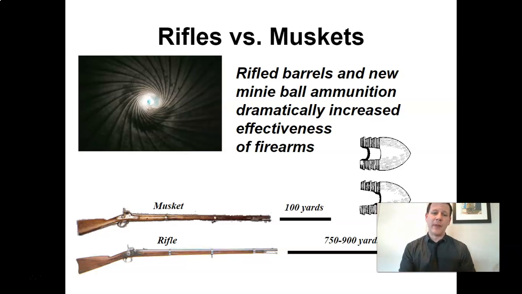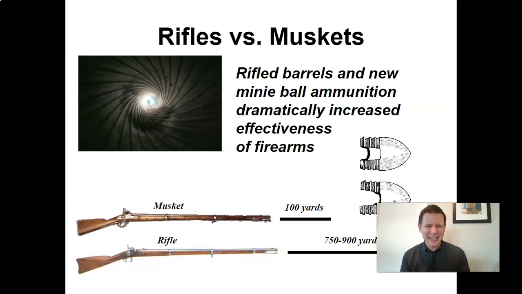An example there is muskets, which they used in the Revolution and during Napoleonic warfare. The best you could do with a musket ball and a musket was about 100 yards. Very, very inaccurate and not that big of a distance. Even at 100 yards, you weren't guaranteed to hit what you aimed at. As a matter of fact, these old muskets didn't even have sights on them because the guns were so inaccurate, there was no reason to aim. You just pointed in the direction of your enemy and hoped you hit something.